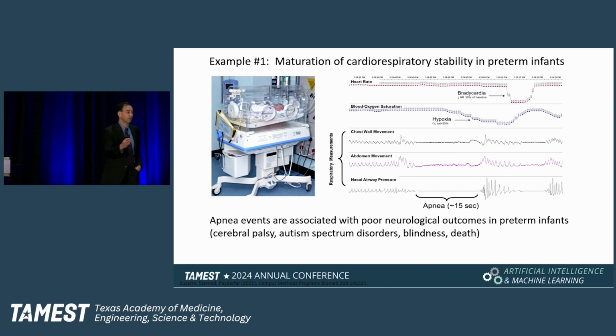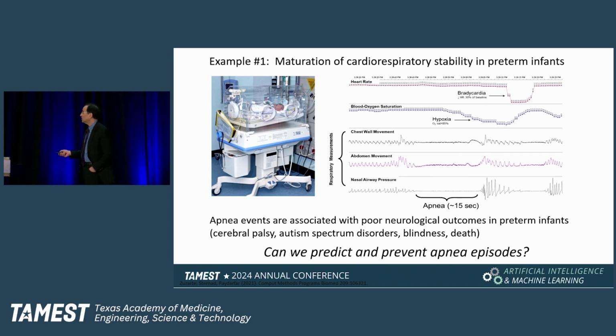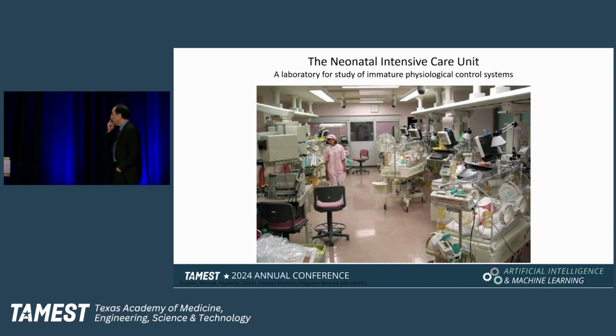The mortality for prematurity in the United States used to be over 50%. The mortality has come down to about 20%, but the morbidity and lifelong disabilities have been extremely prominent and a cost to society. So the question is, in just this one example of just one condition, can we predict and prevent apnea episodes? But the other part, which is lost in looking at one infant, is